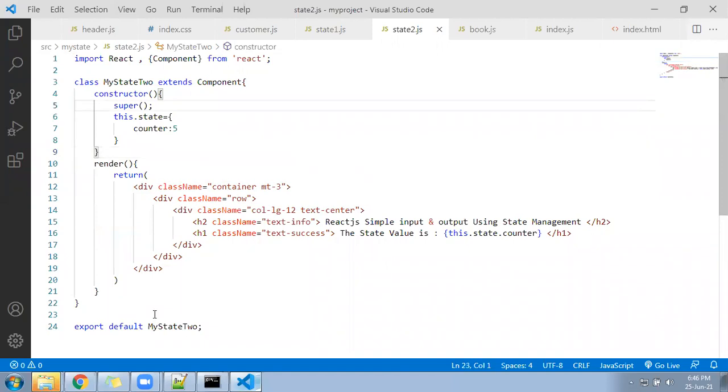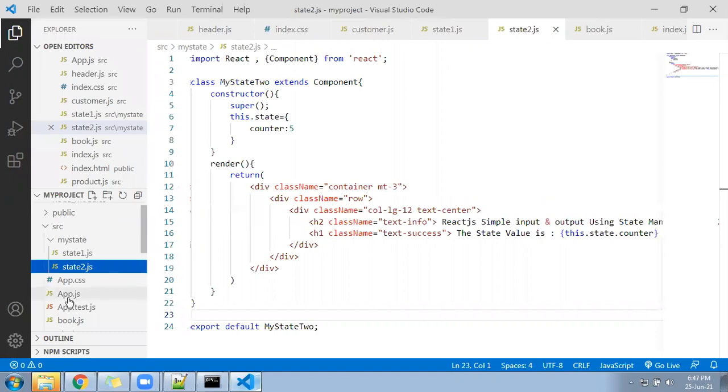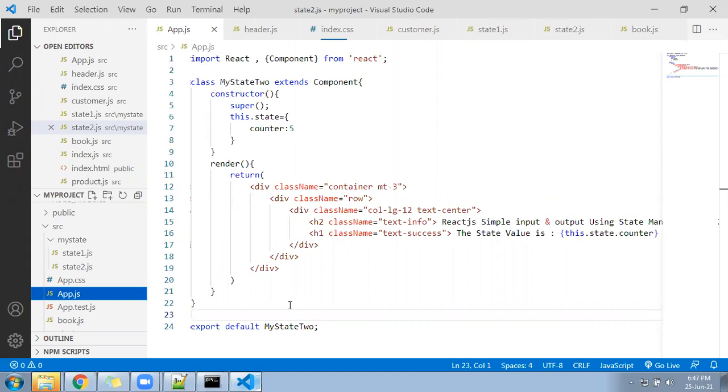After that, come to your app.js file. There we are going to import this component. So let's go to the app.js file. In the app.js file, call this component that is called MyState2.